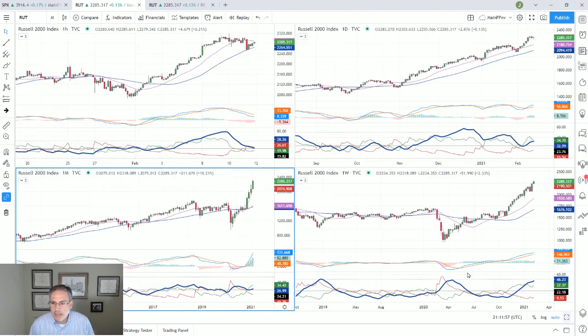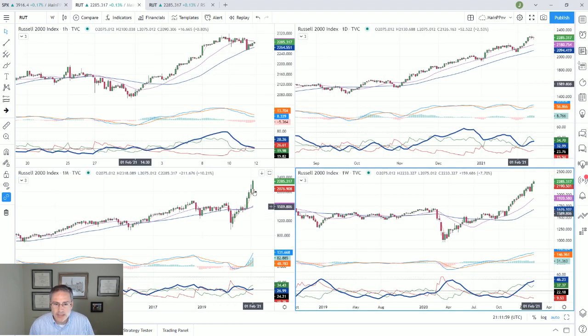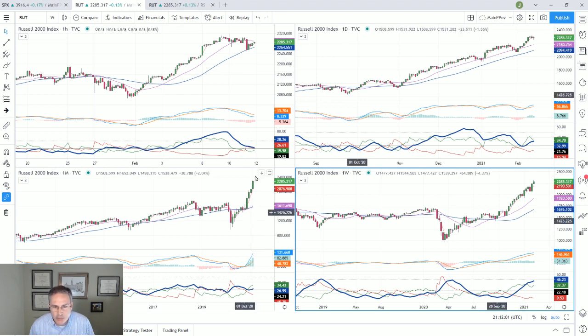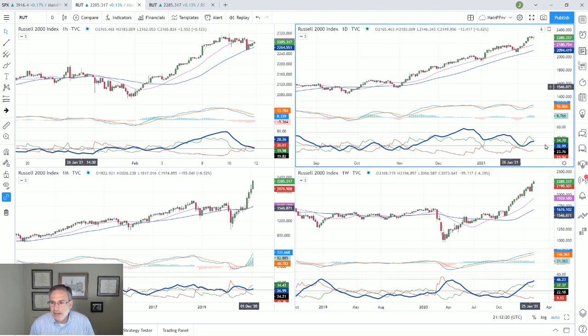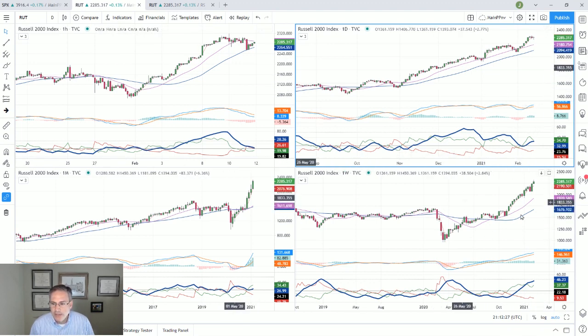So we're getting this huge breakout and follow through. And it's actually gotten pretty extended in the short term, but this is an initial thrust. This isn't extended. I mean, if we compare that to what happened in the Qs, which has been going up forever, this has been doing nothing for a couple years. So to me, this is significantly different. And the momentum confirmation on all the time frames, especially weekly, on the daily, and then on an hourly basis, they're showing that this is really where the power in the market is right now. This up leg has had a lot of juice.